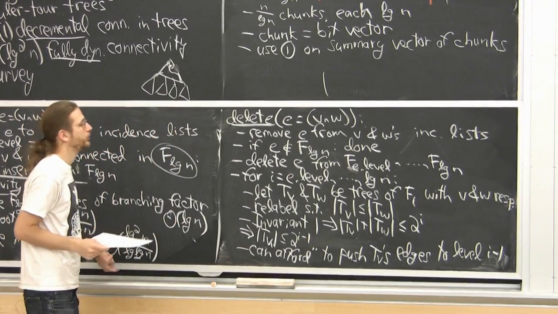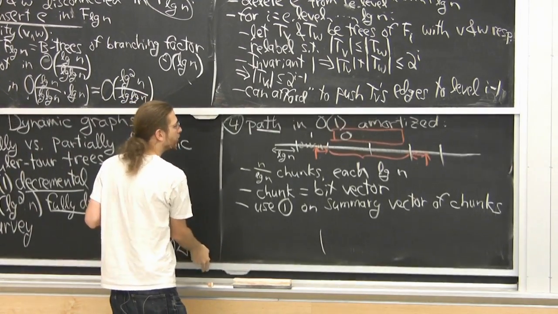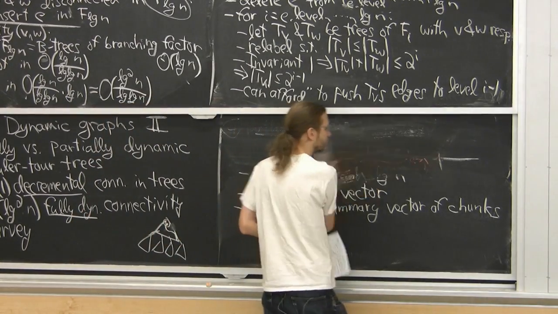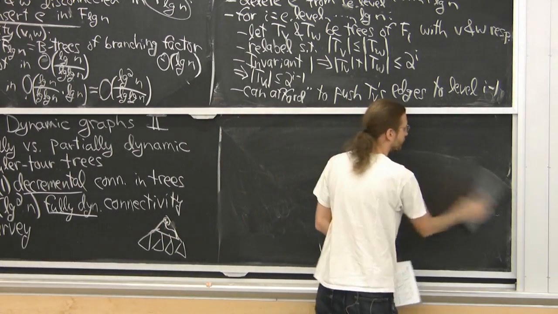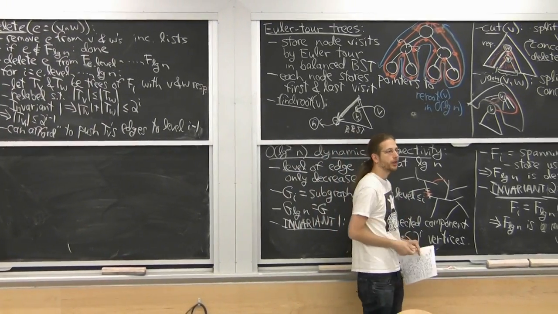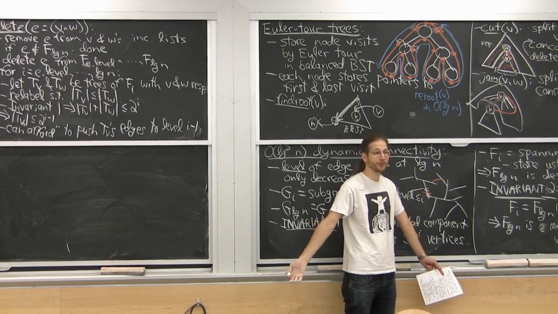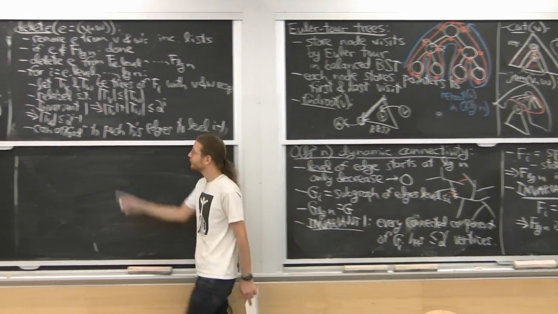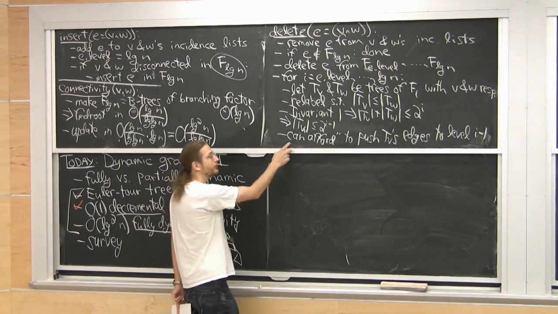Great. So we don't actually need to do this, but what we're going to do is use it to pay for stuff. We have this scary goal, which is we want to find, is there a replacement edge? I don't know a good way to find a replacement edge except to do basically a depth-first search and look at all the edges. That's going to take a lot of time. But the good news is, if we search from TV, every edge that's useless, we can just decrease its level.